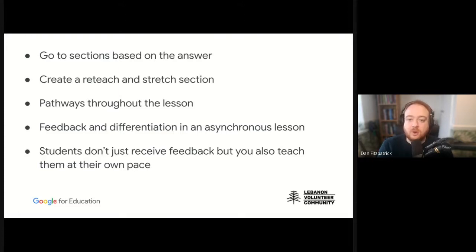challenge as well. So I think hopefully you can see why I get excited about this tool and about the different pathways within Google Forms, because in an asynchronous lesson, for me it's the closest thing I've come across to actually being able to address misconceptions without actually being there, and to stretch and support students who need it. So please do have a play around with that, because that is an amazingly powerful tool there, just using a